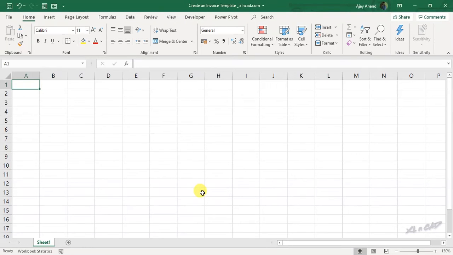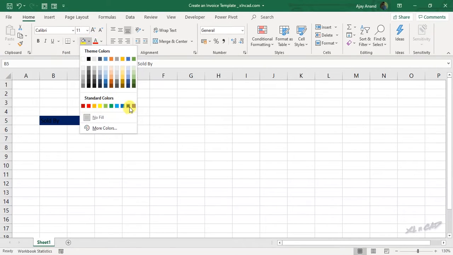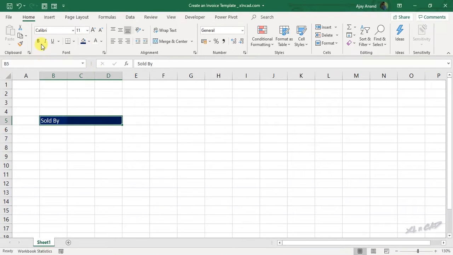We will start with the details of the seller. Select the cell B5, type in sold by. Once again, select the cell B5 along with the adjacent cells. We'll change the cell background color to dark blue, font color to white. Apply bold format. Now the company name,